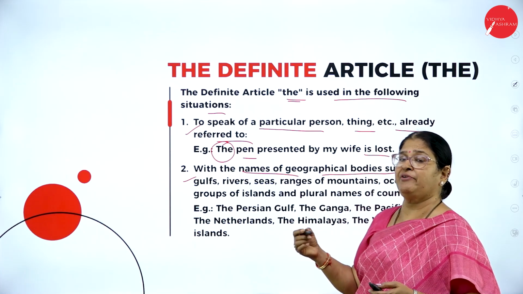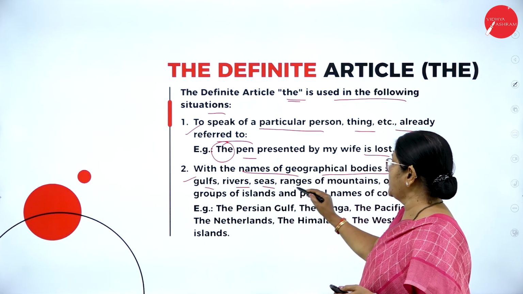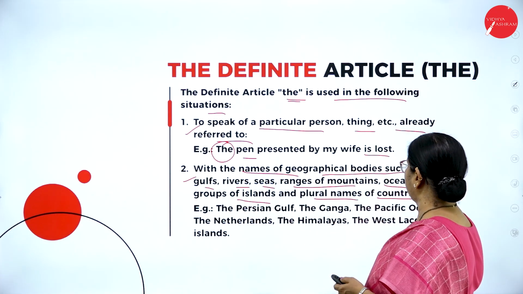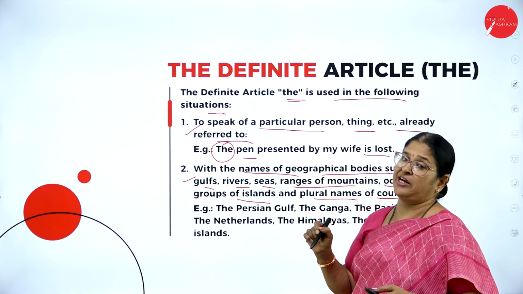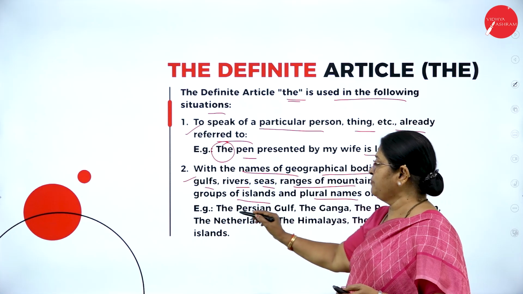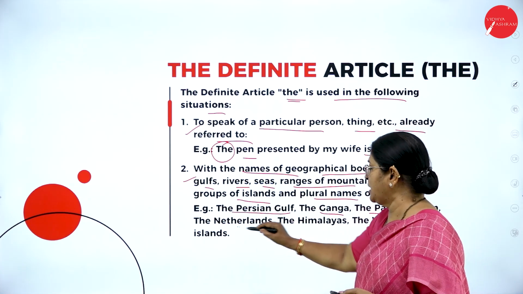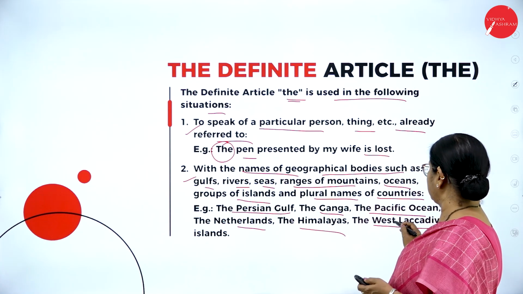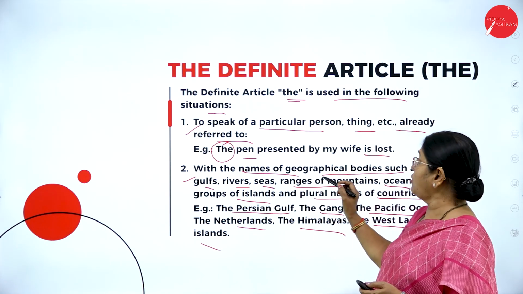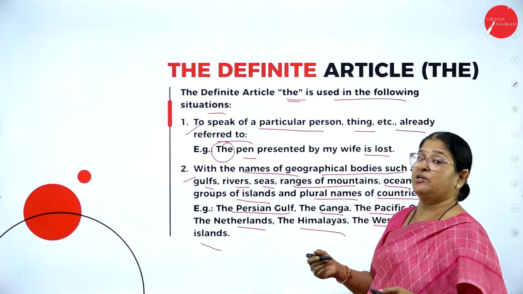Like for example, when we are talking about geographical bodies like gulfs, rivers, seas, ranges of mountains, oceans, groups of islands and plural names of countries, at that point of time we use this very important definite article called the. For example, the Persian Gulf, the Ganga, the Pacific Ocean, the Netherlands, the Himalayas, the West Laccadive Islands. So when we use the names of geographical bodies, we use the